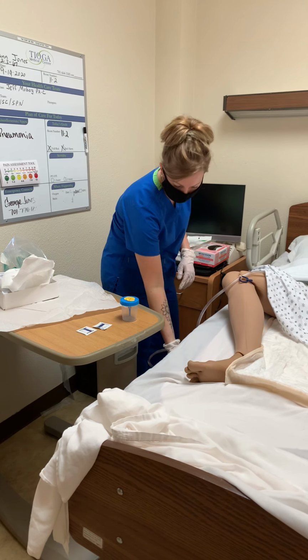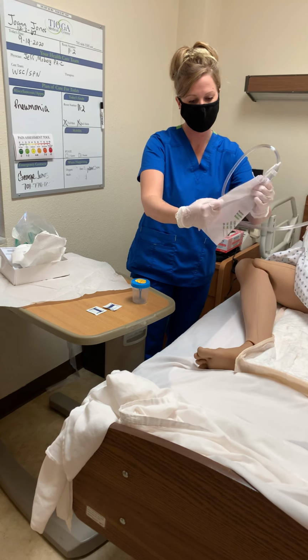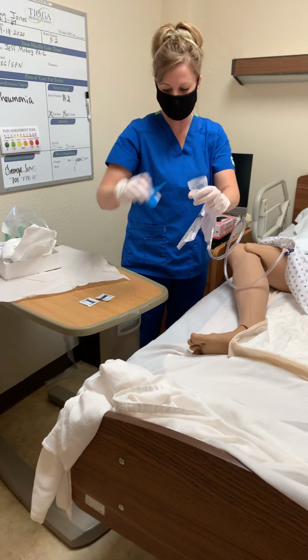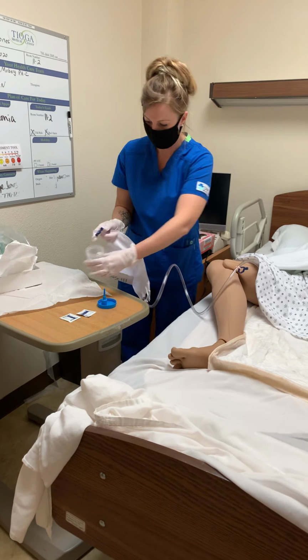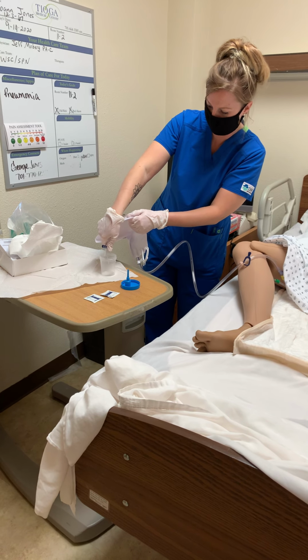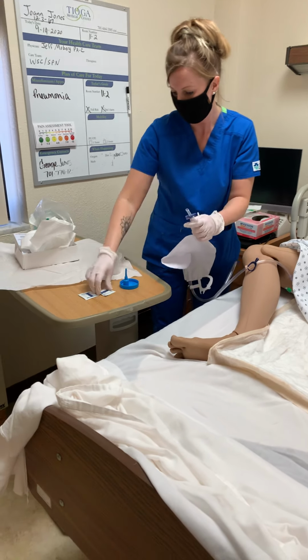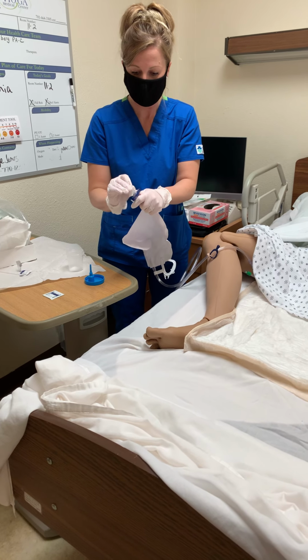Because this is a new catheter, I am able to just go ahead and take the lid off. I am able to put a barrier down, and I am able to empty right into the cup as it's new. If it was not a new catheter,